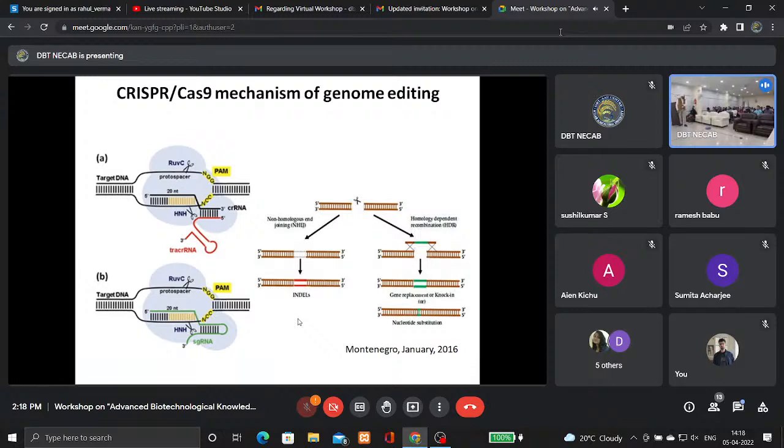The cell will try to repair the double-stranded break, and there will be some insertion or deletion. This is a kind of mutation that may occur. Or we can go for homology directed repair, or homologous recombination. In that case, we can make the guide RNA flanked by